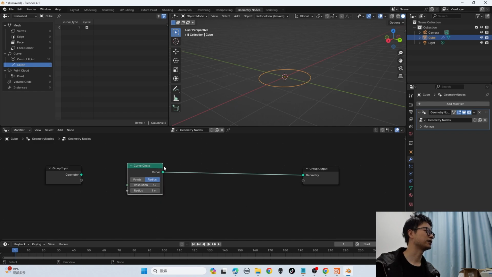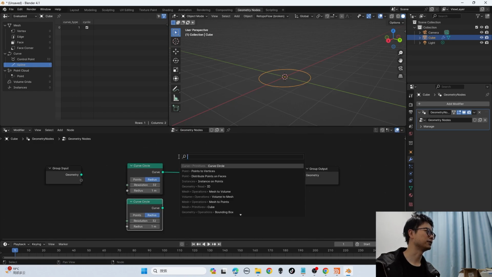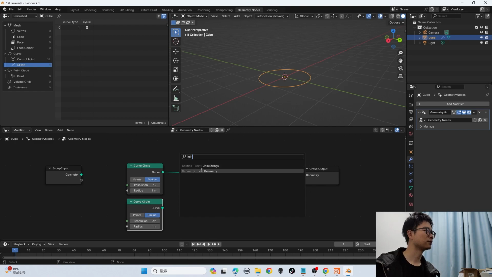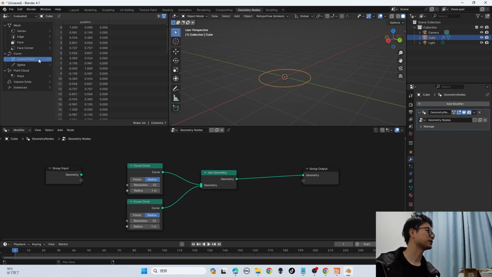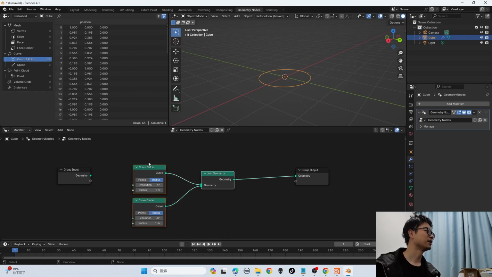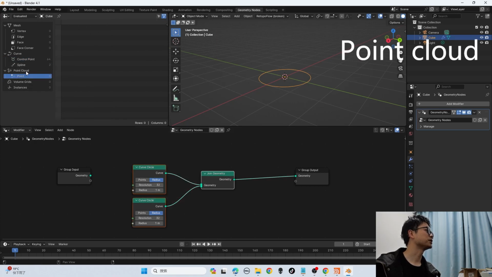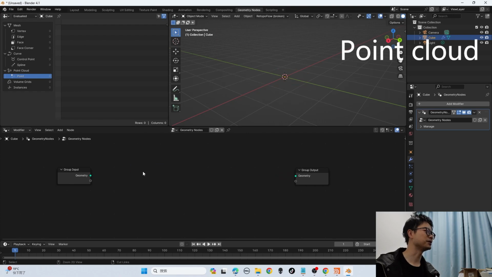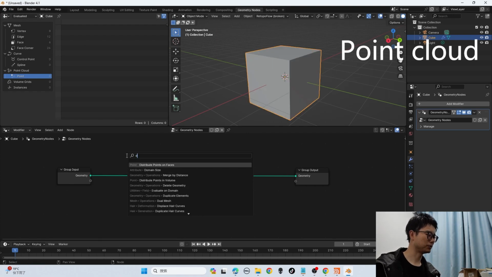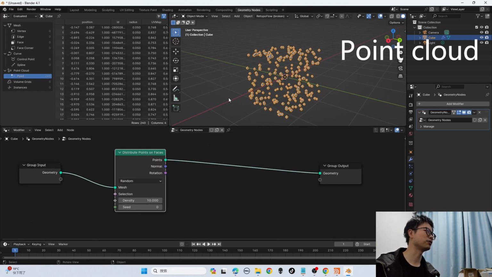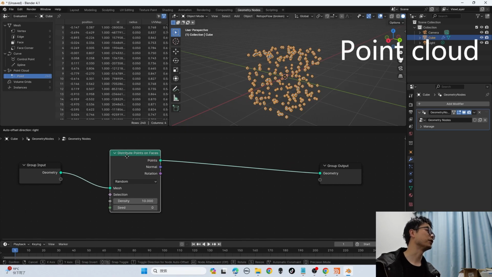So if I duplicate and join geometry here, it will show you that it has 2 splines and 34 points. So easy, right? And the next is the point cloud. Point cloud is even easier. Connect that. And we use it very frequently, everyone knows distribute points on faces. That is the point cloud,